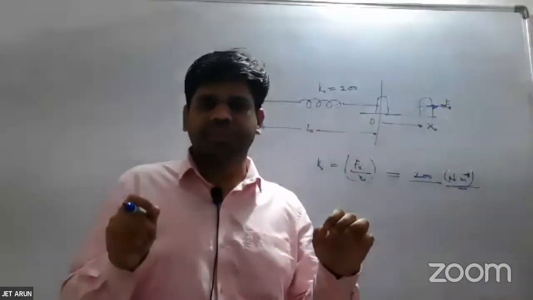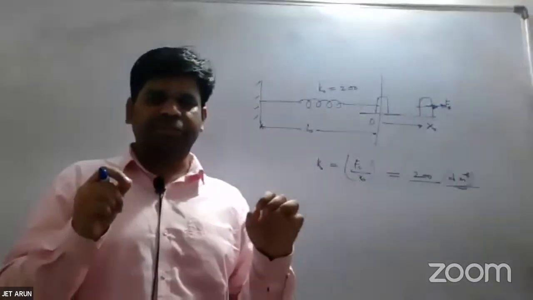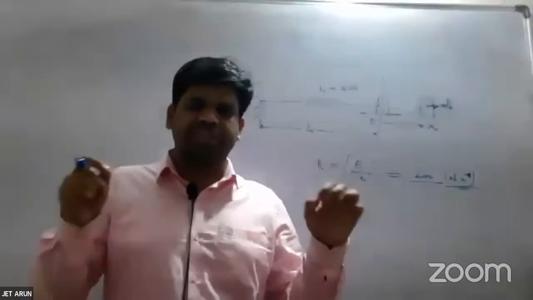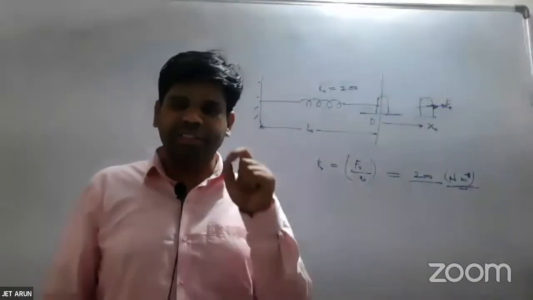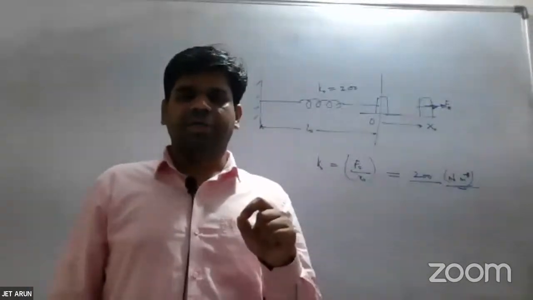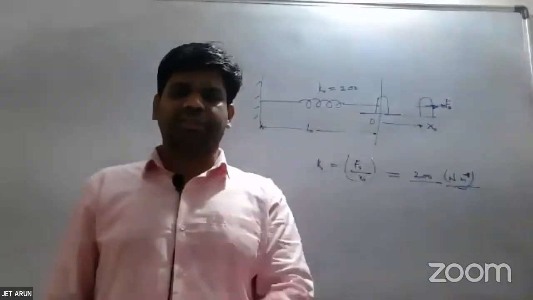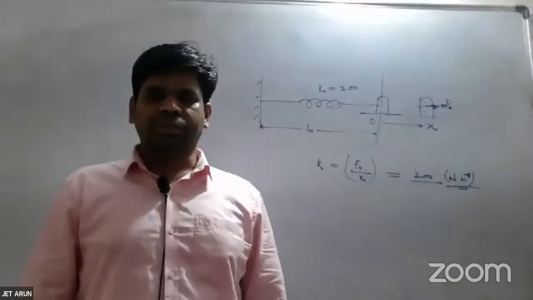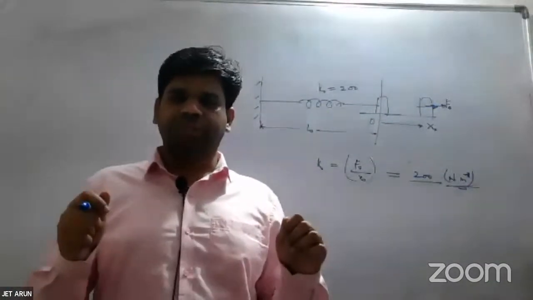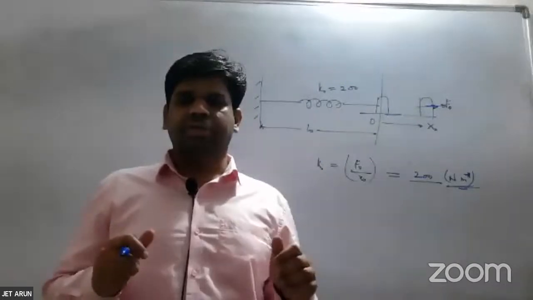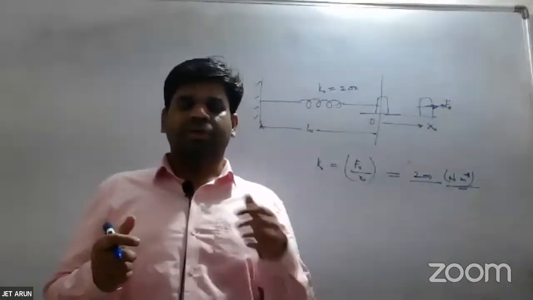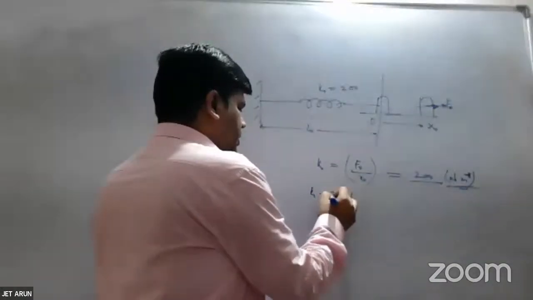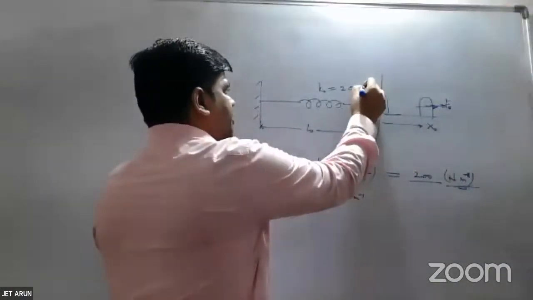If there are two springs, in which it's easier for me to stretch one spring and difficult to stretch the other, the one which is easier has less K naught compared to the one which is difficult to stretch. Easier to stretch, lesser is K naught. Difficult to stretch, more is K naught. So if I've got two springs, K equal to 100 Newton per meter and 200 Newton per meter,